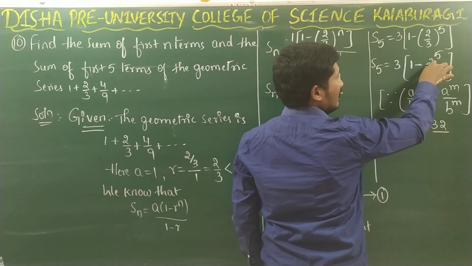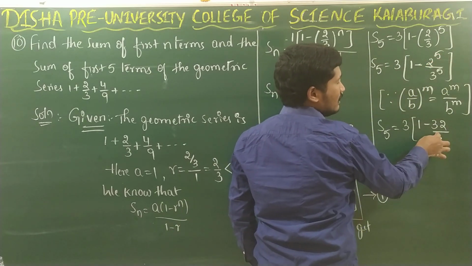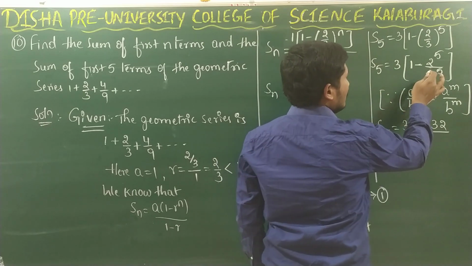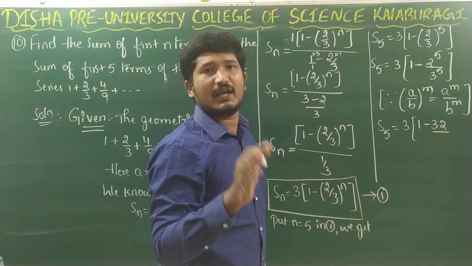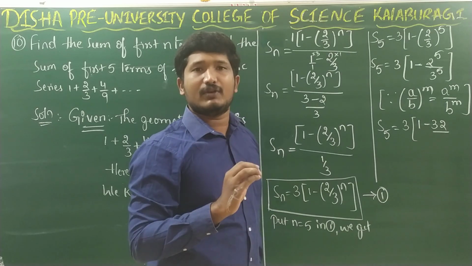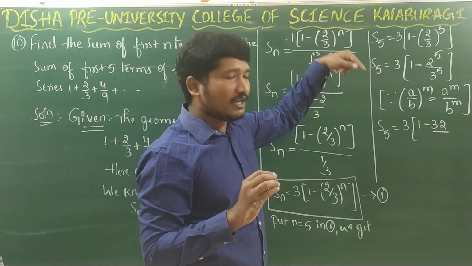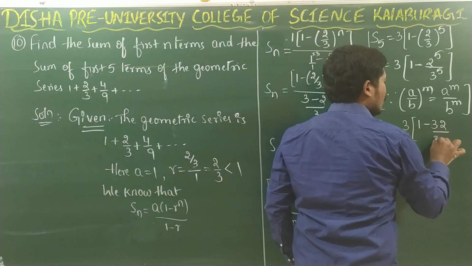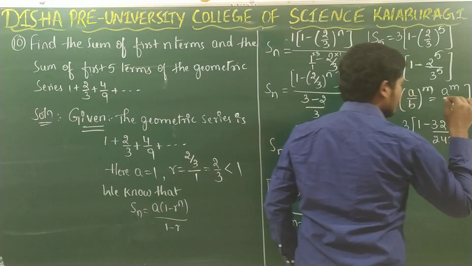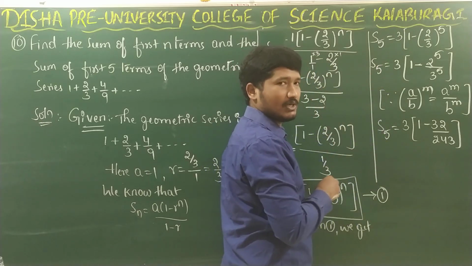That is, multiply 2 5 times, you will get the value as 32. Next, 3 power 5. 3 power 5 in the sense, we are multiplying 3 how many times? 5 times. When you multiply 3 5 times, the answer you get will be 243. You can multiply and check.